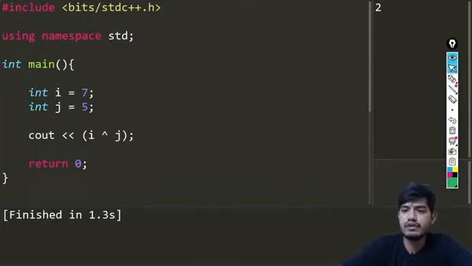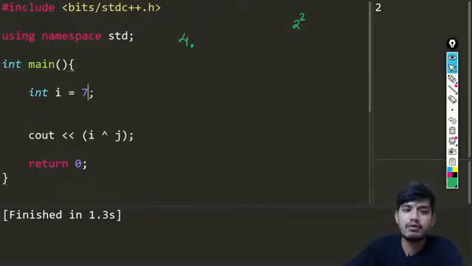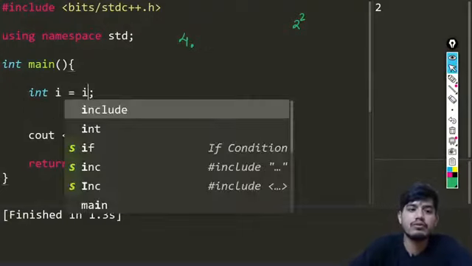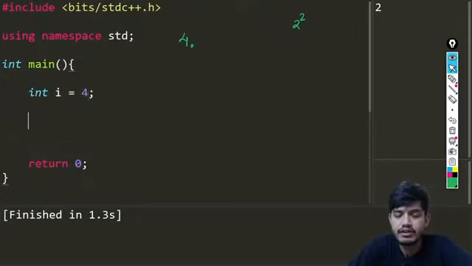Okay, so suppose we have an input. In input we can be given the value something like 2. Let us take a bigger value so it will be easier. Suppose I am giving the value as 4 here, and I know this is a power of 2, 2 power 2, which basically gives you 4, and you need to tell me whether the input which I am going to be giving to this I is a power of 2 or not. So I am going to be writing something like this: I equals 4. How can we check whether that value is a power of 2 or not?